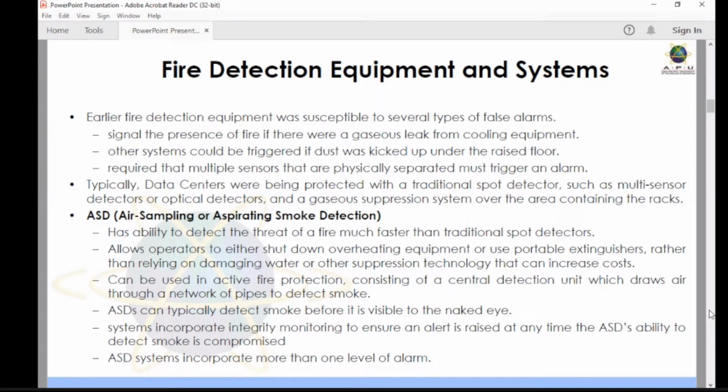Systems incorporate integrated monitoring to ensure an alert is raised anytime the ASD's ability to detect smoke is compromised. When it detects smoke, okay, there is a monitoring system to ensure that an alert is raised anytime the ASD detects smoke. ASD systems incorporate more than one level of alarm. Not only just sound, not only light, so it can also send you an SMS, okay, send the